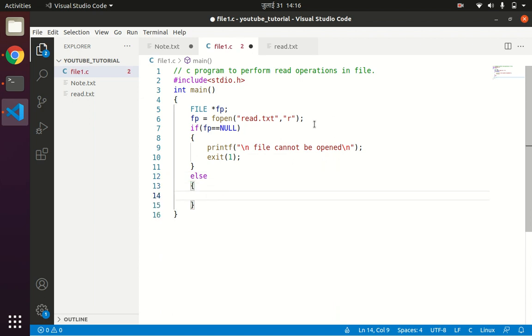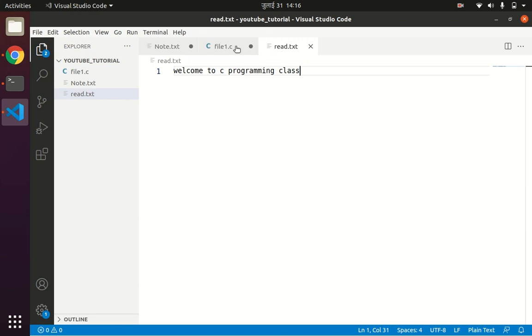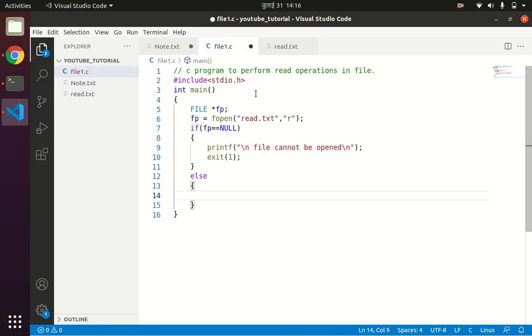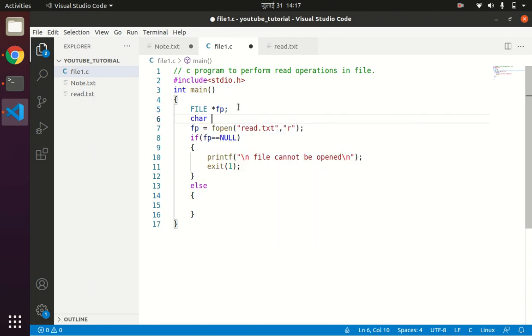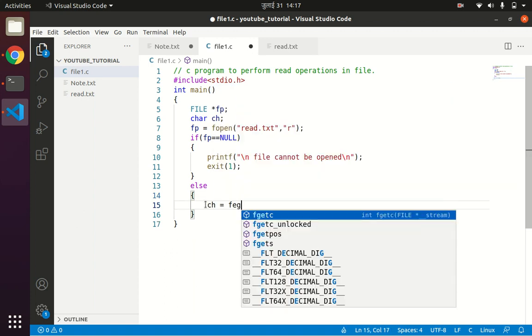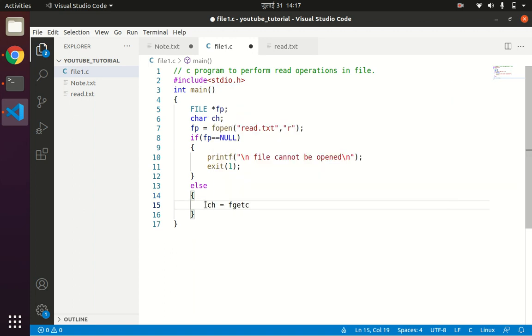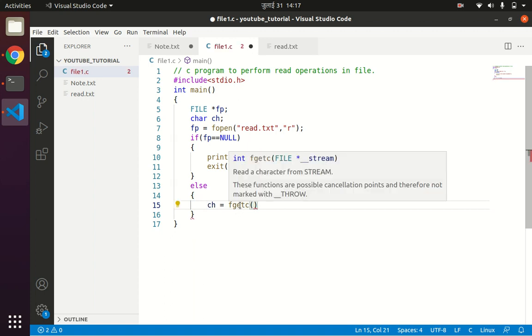now see, we are trying to read from the file called read.txt. So we'll start with character reading. For that I'll create one character, char ch, and ch will be the result of the function fgetc.